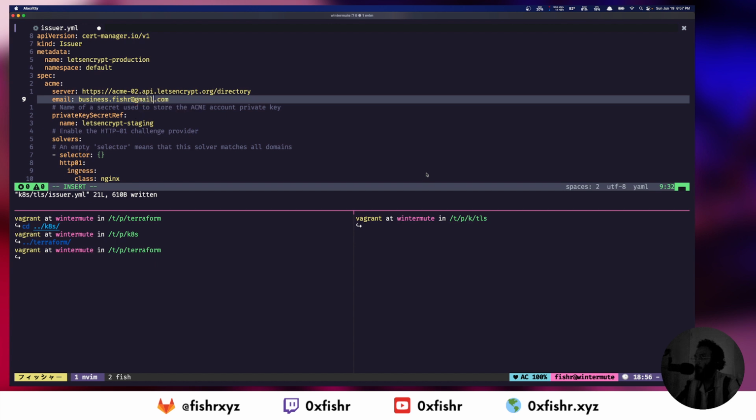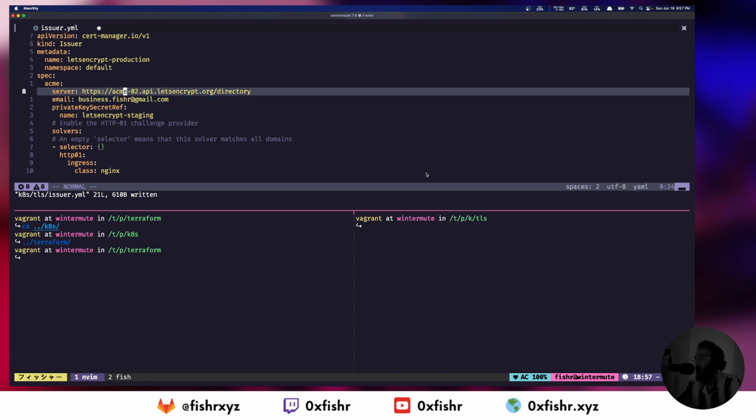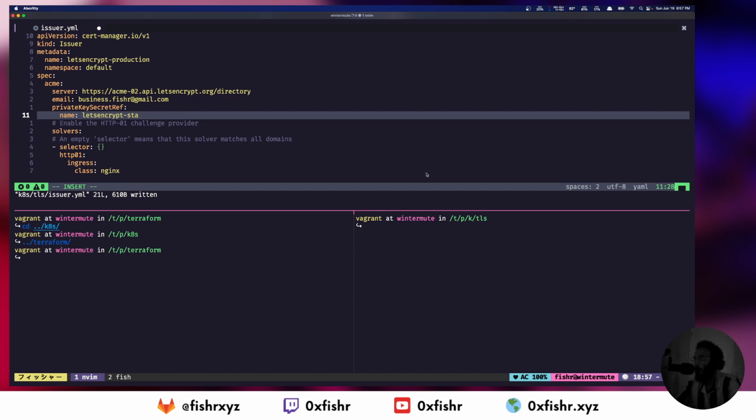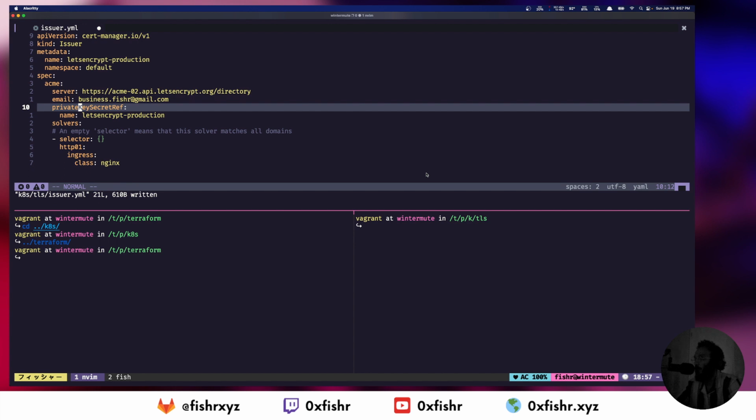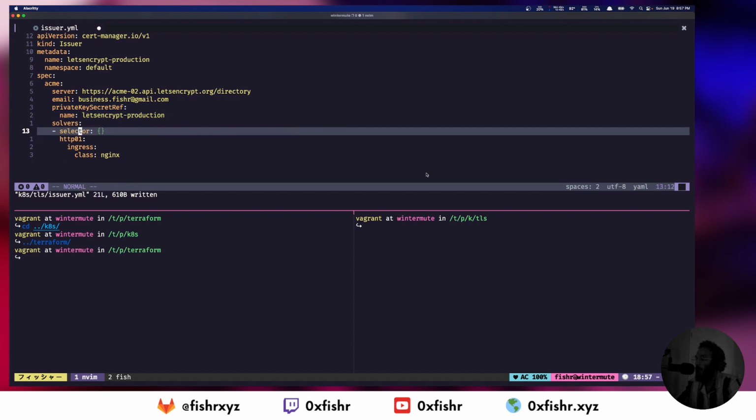email at gmail.com. Make sure that your email is valid, because in production it will do the check, and if it fails, you'll get an error. So this is going to be production. This is the secret key reference we'll use in our certificate, and we can remove that and just leave that as is. Right, so now we can do kubectl apply -f